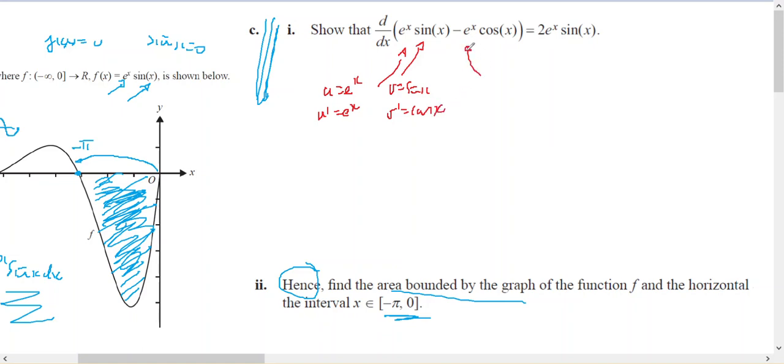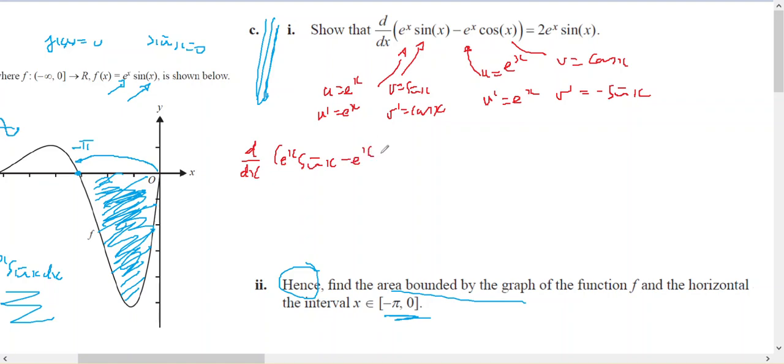And I've also got u equals e to the x, so I've got a separate product rule, which means u dash equals e to the x, and v equals the cos of x, which means v dash equals negative sine of x. So d dx of e to the x sine of x minus e to the x cos of x will equal